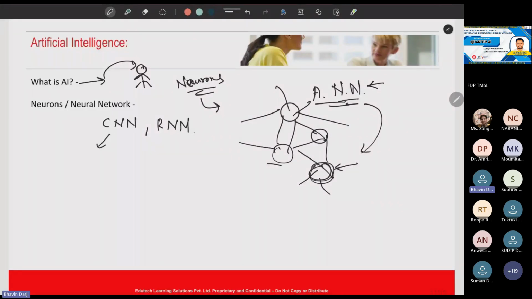So in CNN, you may find different models. CNN is basically convolution neural network. RNN is recurrent neural network. So here in RNN, we are basically working with sequential data. Suppose we have some data which is based on text. To process text-based data, we are basically using an RNN kind of network. And when we have some image data, for image classification or object detection, we can use convolution neural network. So right now, I will take CNN as the network